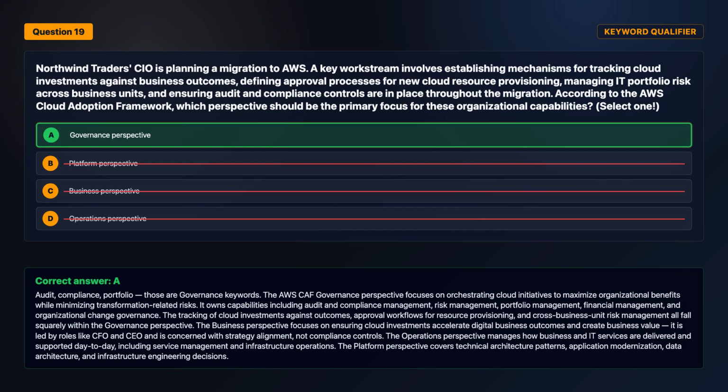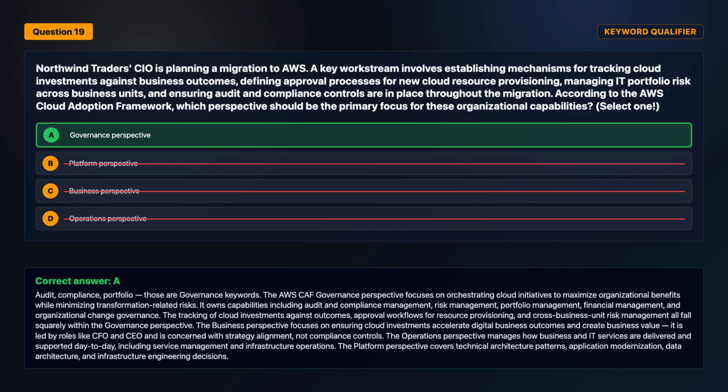The AWS CAF governance perspective focuses on orchestrating cloud initiatives to maximize organizational benefits while minimizing transformation-related risks. It owns capabilities including audit and compliance management, risk management, portfolio management, financial management, and organizational change governance. The tracking of cloud investments against outcomes, approval workflows for resource provisioning, and cross-business unit risk management all fall squarely